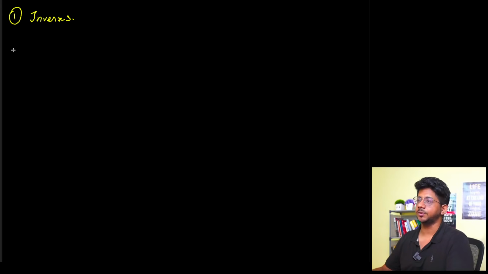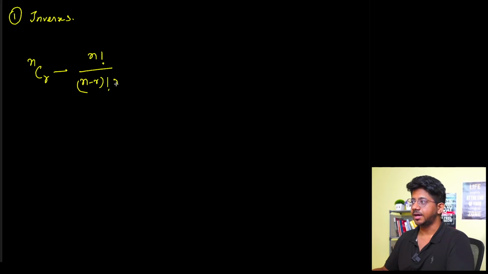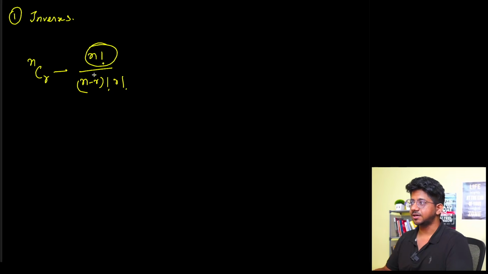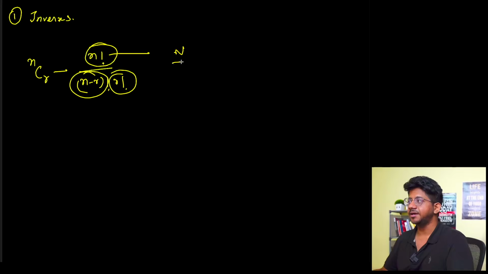Let me explain what we are doing. Let's simply take n choose r. N choose r is n factorial divided by n minus r factorial and r factorial, right? Now in this particular equation, if n and r are pretty large, these numbers get pretty big. So what we would like to do is find the numerator and the denominator and then just divide. But the problem with that is if you find the numerator mod m,